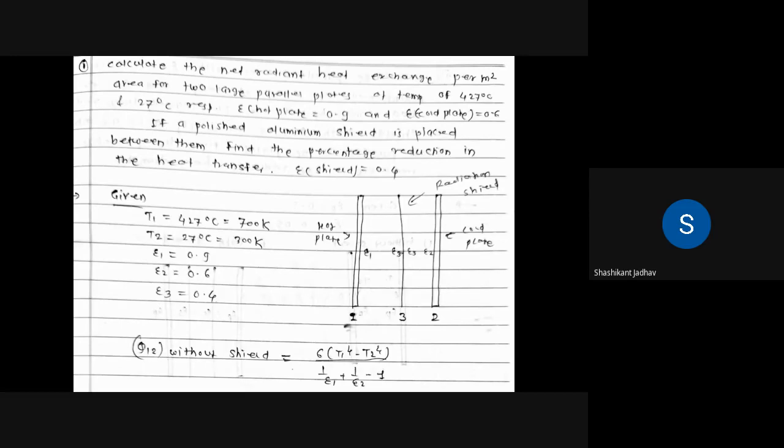So all of you draw that diagram, hot plate and cold plate. For the hot plate we have to give the notation as 1. For the cold plate we have to give the notation as 2. And in between that we have to draw one line, and we give the name